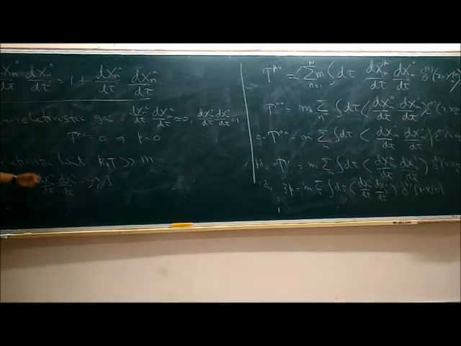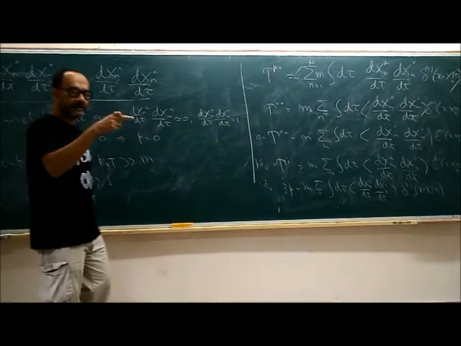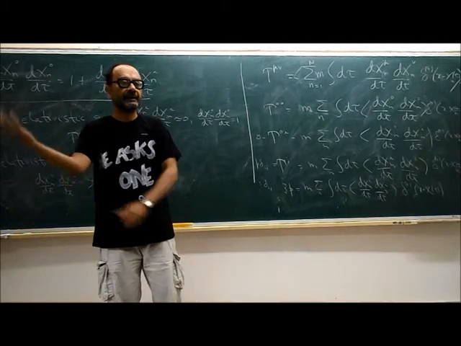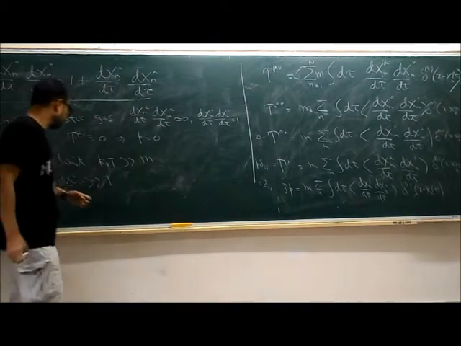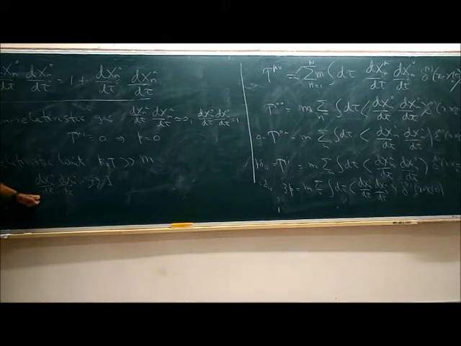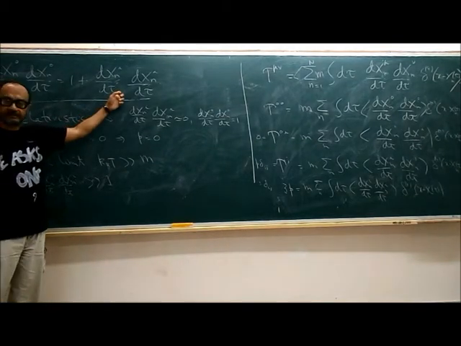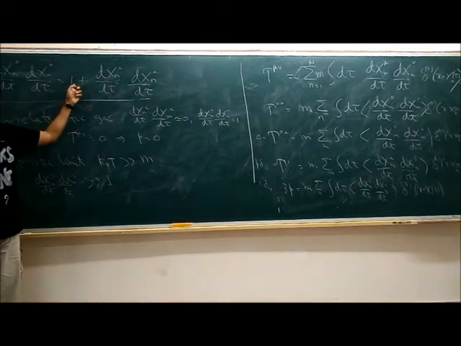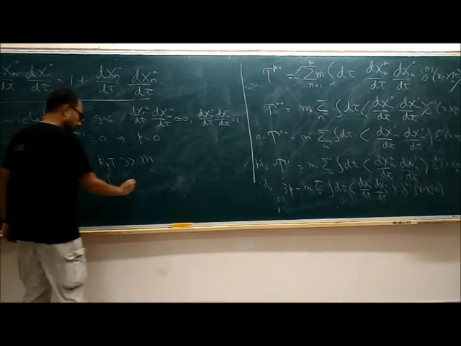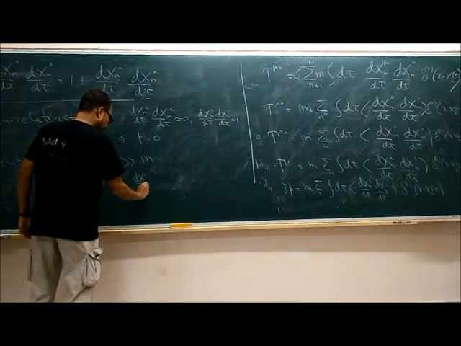The quantity dxi d tau is the component of a momentum. M times dxi d tau is pi, right? And when the particles are moving very fast, their pi is much larger than the rest mass, right? So that's another way of saying that this should become very large. If this becomes very large, then these two are almost equal. You can ignore the 1.